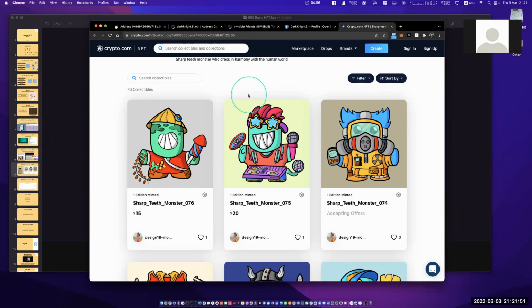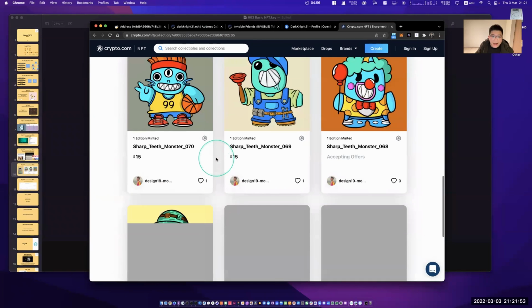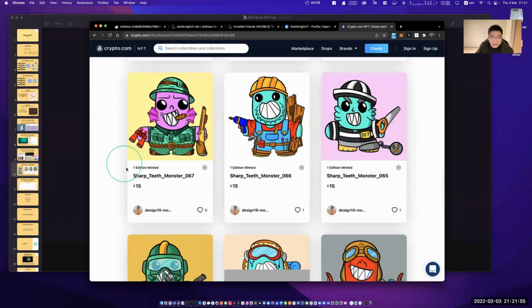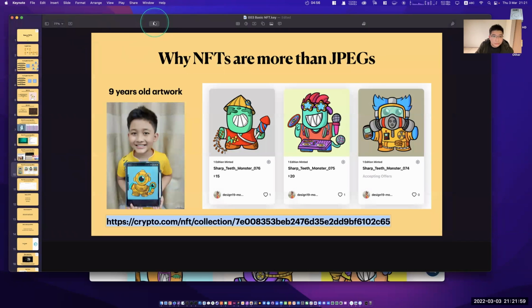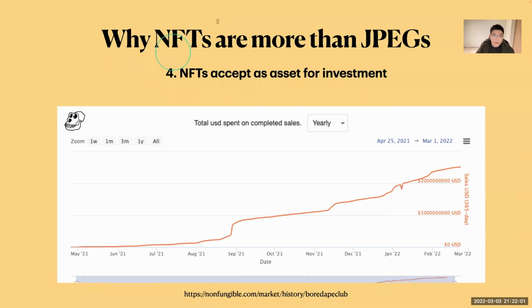Okay. So this one is his art. Nice digital art. It looks really good, right? And right now, if you take a look at the good NFT, actually it's really a good investment, even with the crypto crash. And right now, you can check out many NFTs. The price is going up.